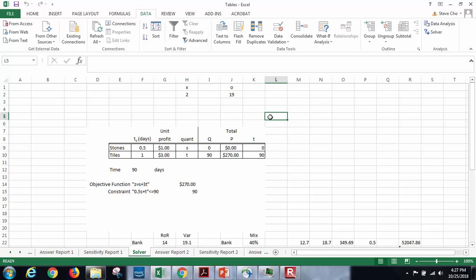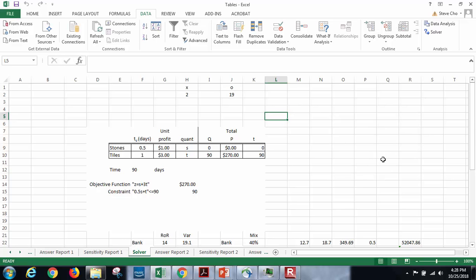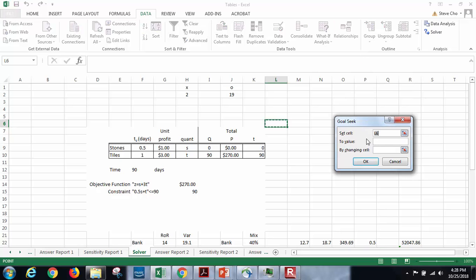Now, here's something else from Excel you should probably know, another function. Under what-if analysis, there's something called goal seek. Supposing I have an output, or how much money I'm going to make, and that money is based on a function. That function is however many I make squared times 2 plus 4 times this number plus 3. What if somebody asks you, how many of these do I have to make in order to make $1,000? Well, it's a second order equation, I could just do the algebra. Nobody does algebra anymore,